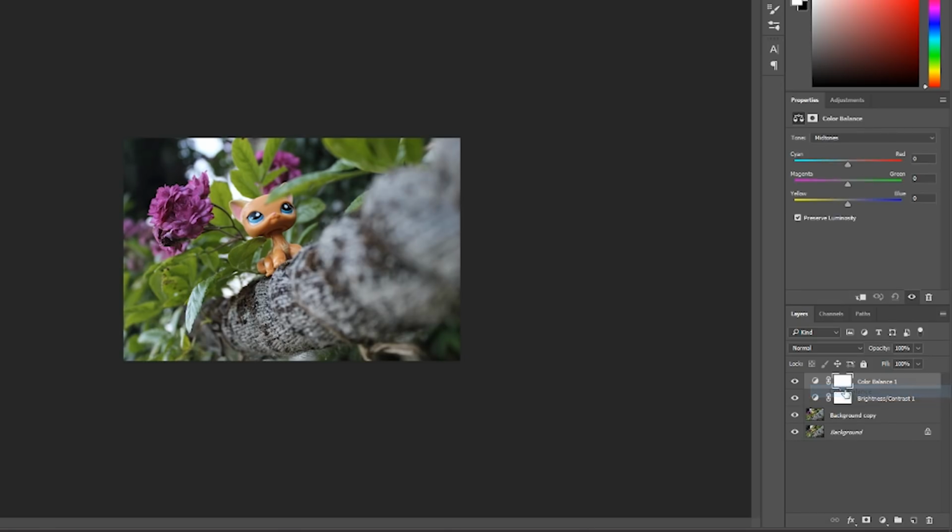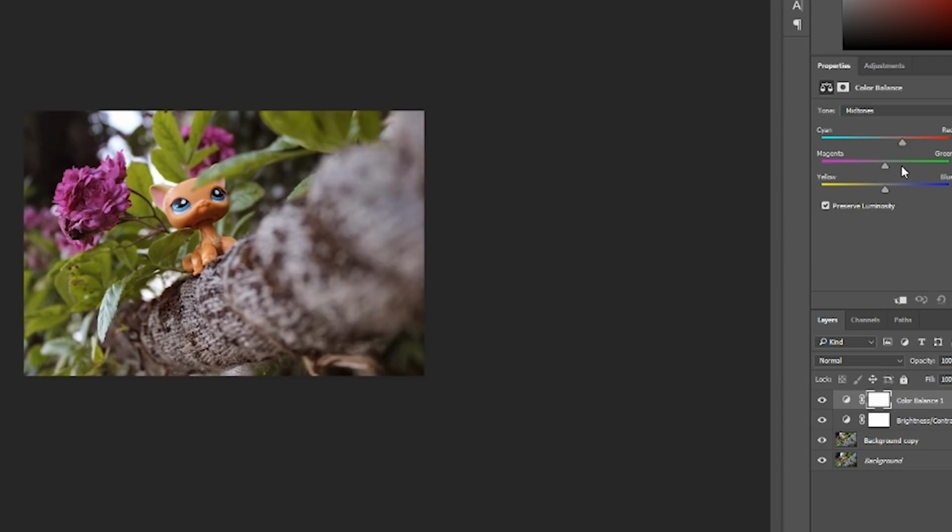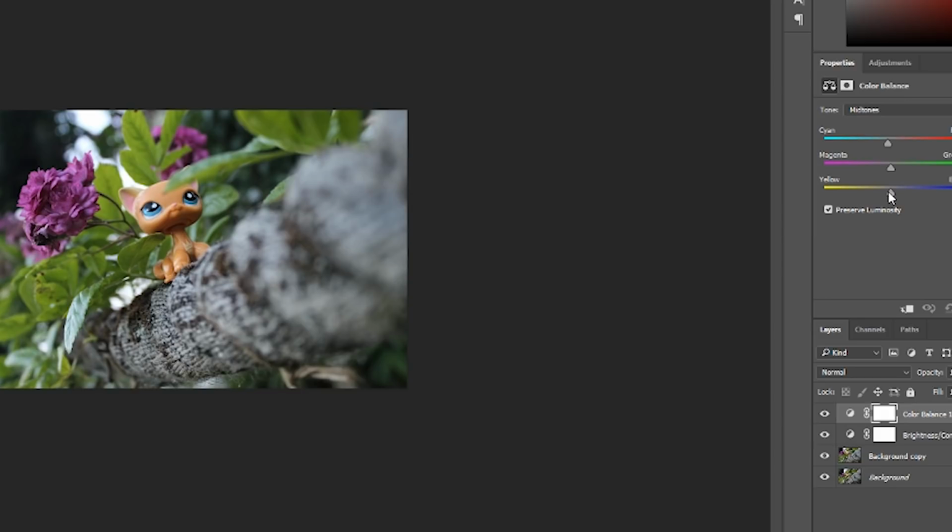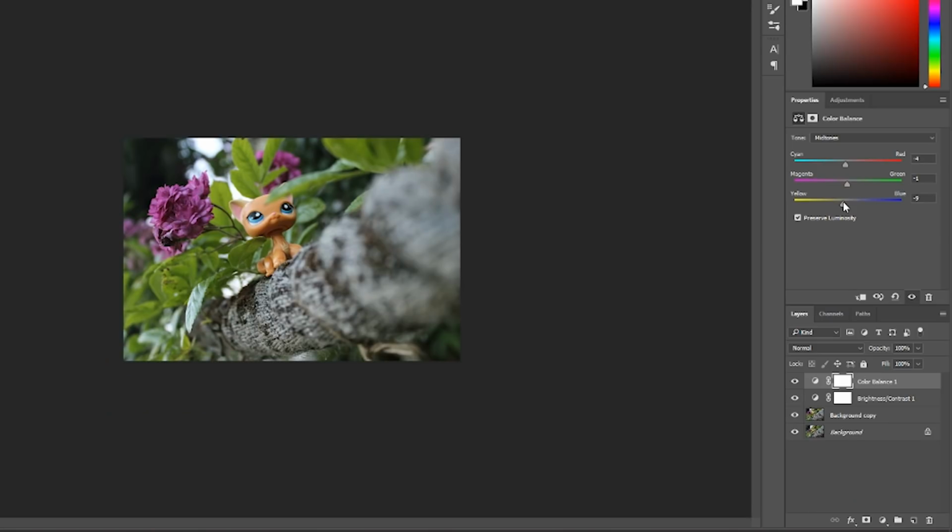Now I'm going to go in with the color balance. For this one I like to eyeball it and see what just kind of looks appealing to you personally. I feel like this picture needs a bit more of a blue tone because it will match the pet's eyes. I want to bring a bit of the yellow in for the leaves. But now I've added a lot of green, I don't feel like the colour of the flower here itself has